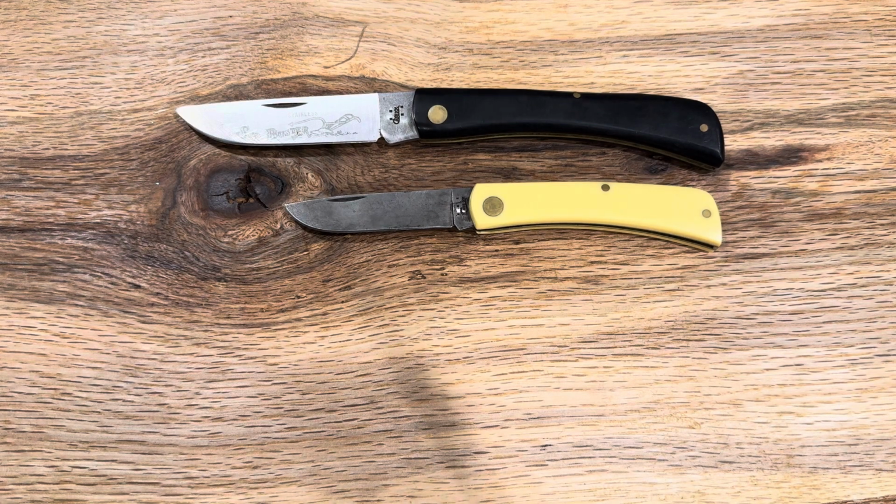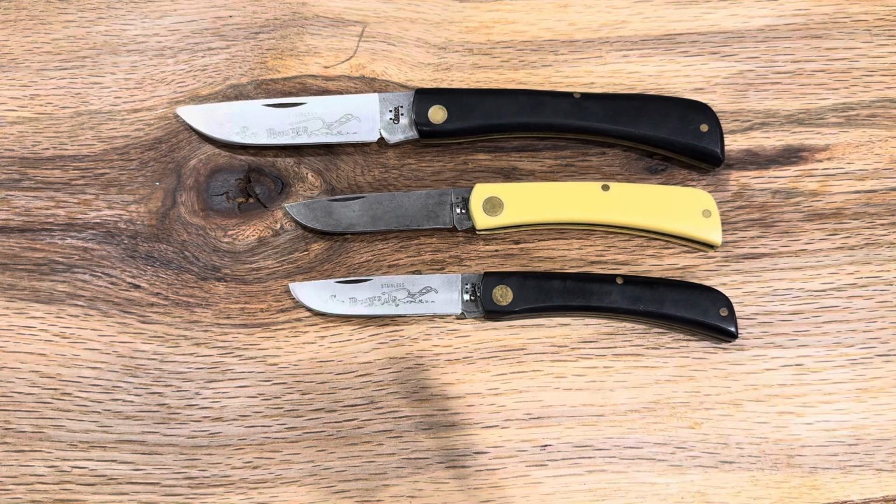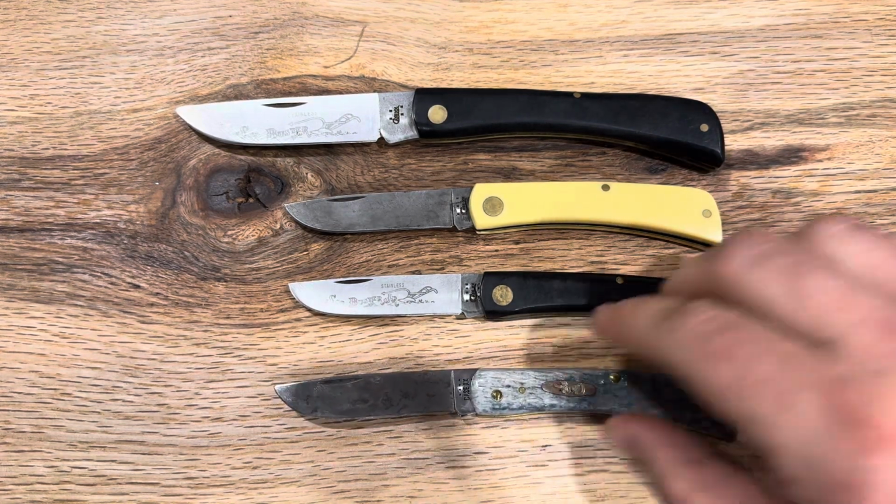I really couldn't tell you which one's my favorite. I like them all. I like to collect these sodbusters and the trappers. I think those two are probably the best case knives out there. I got a buddy, he loves the